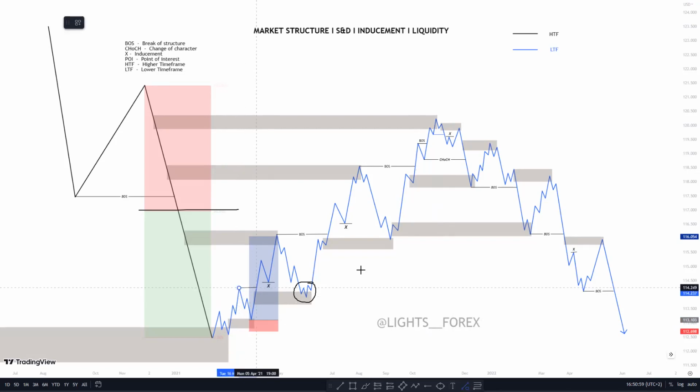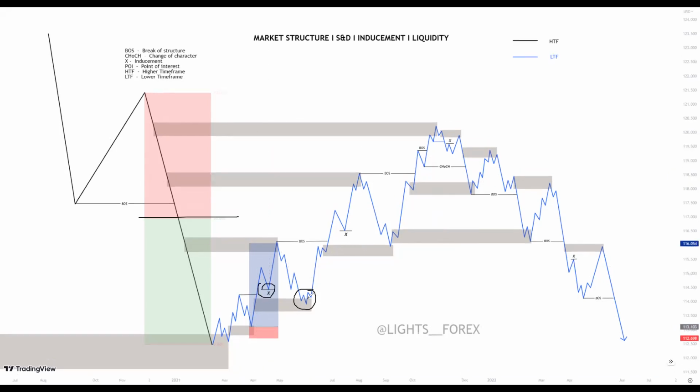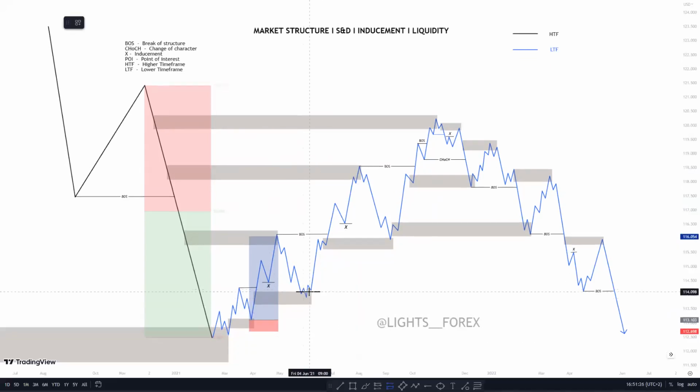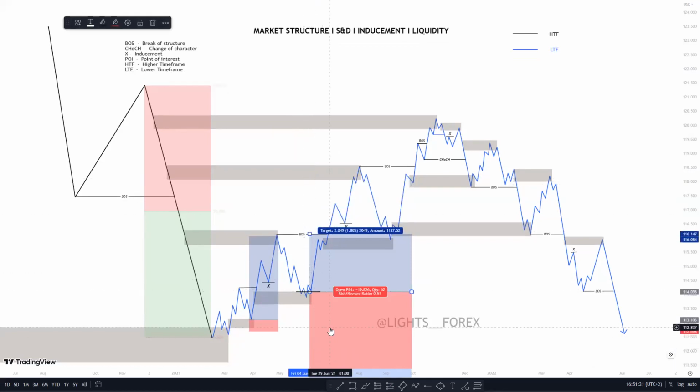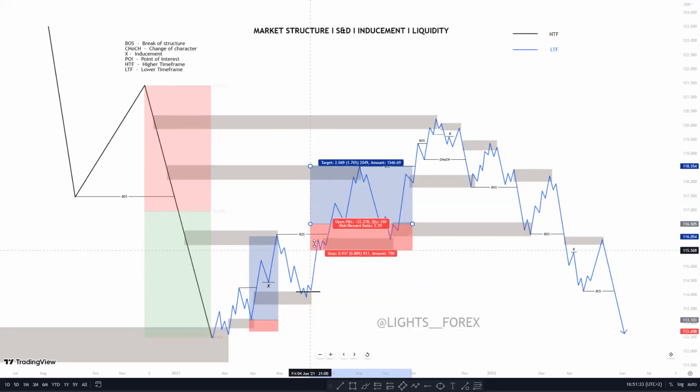Let's have this here. So here we have what? Inducement. Then the price is reacting. Then you can take it again. We take it to the next area. You don't want to be asking too much. Some actually, when they take it here, they'll just be taking it from here until,